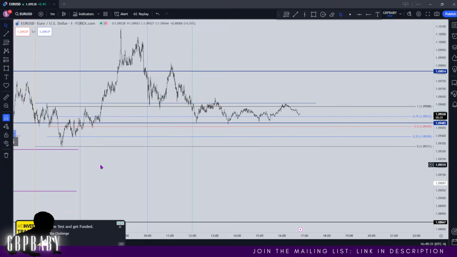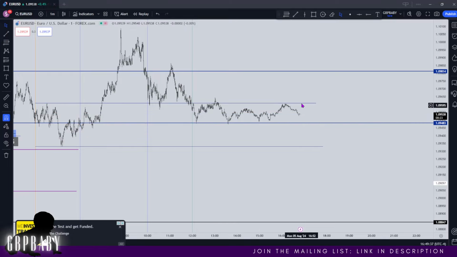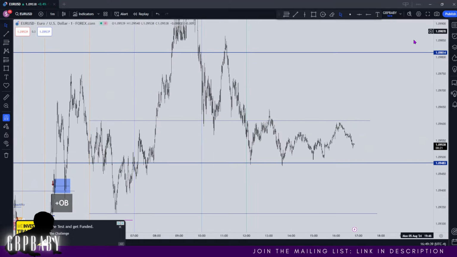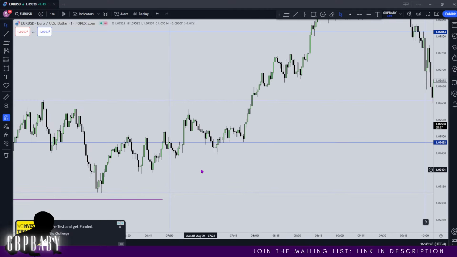The fact that we've retraced back into this range, you can see how we're just hovering around that 50% level. You see our price is respecting it. If price stays above it, there's no reason we won't trade on higher, but that's for our daily review. In terms of setups for New York session,